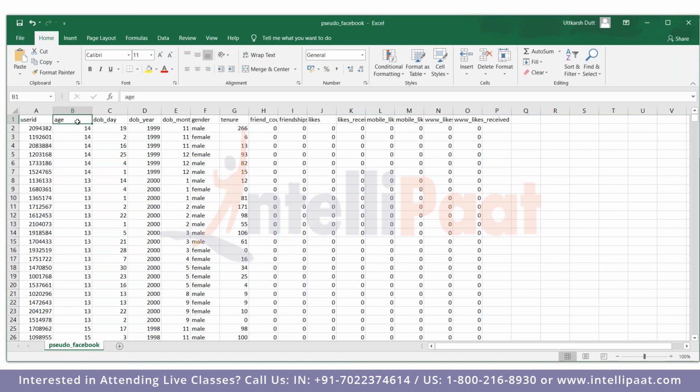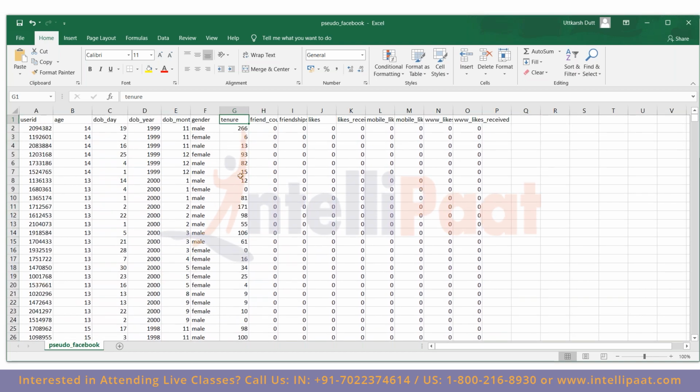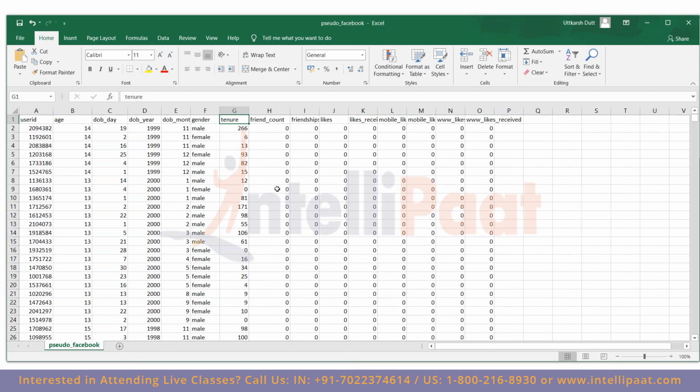We have age, so this is the age of the user who has created their account on Facebook. This is their date of birth, the year and month. This is their gender, and this is how long they've been on Facebook. I'm not entirely sure what unit of time this is, but this is the length of how long they've been on Facebook. So I'm assuming this can be days because it cannot be 266 months. It has to be days. And the friends count, so how many friends they have. Right now you can see 0, but as we move down, there are a lot of friends as well